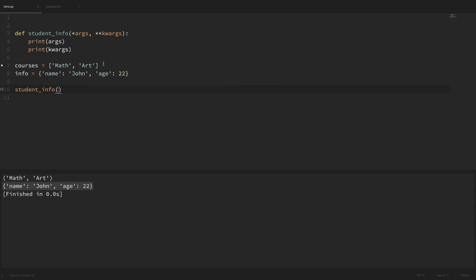So let's say that we wanted to pass all of these courses in as our positional arguments and the info dictionary as our keyword arguments. So if we just pass these in as is, and I pass in courses and info, now if we run this, then we can see that this might not be exactly what we thought. Instead of passing the values in individually, we instead passed in the complete list and the complete dictionary as positional